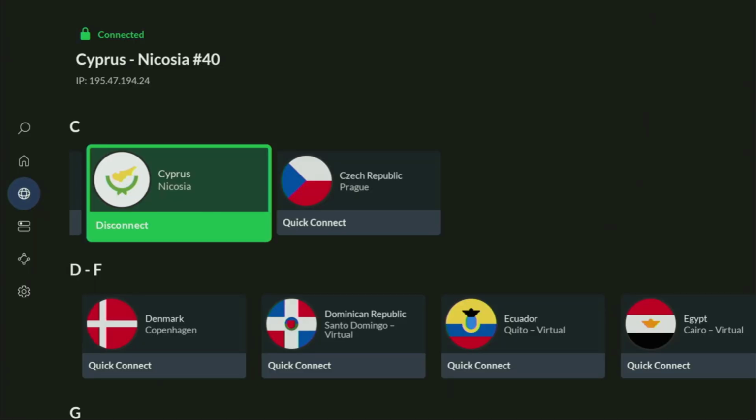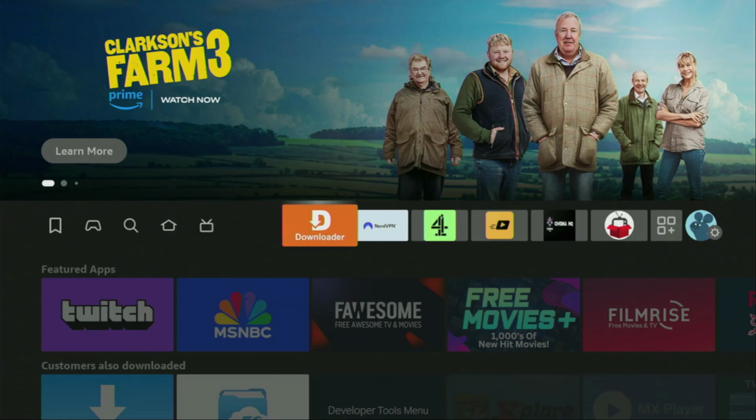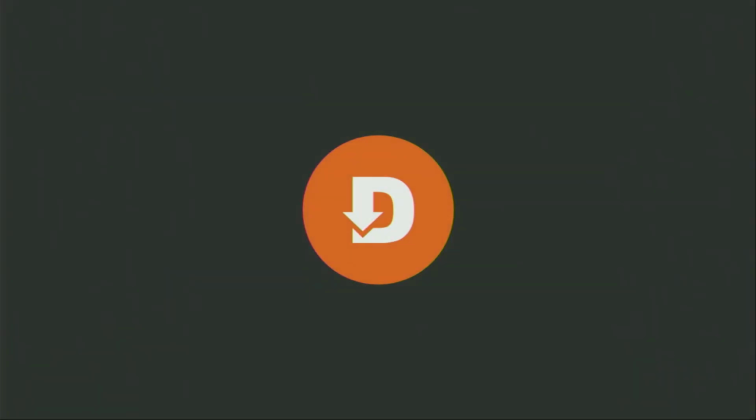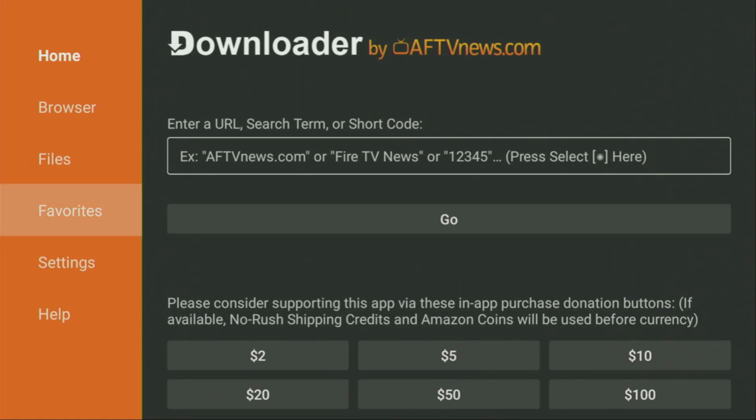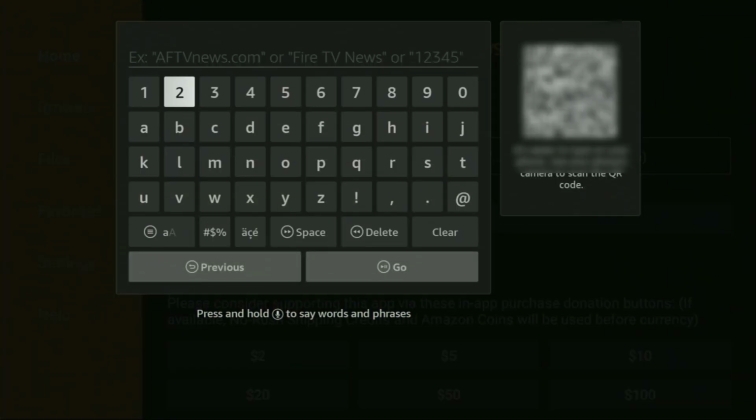And now, finally, let's use Downloader safely. So let's go to the list of apps on your Fire Stick, open up Downloader, and wait until it opens for you. And then here on the left side menu, it's very important that you click on Home and not on Browser. So once again, make sure that you have clicked on Home, and then in that search bar, we'll need to enter a code, which is going to be